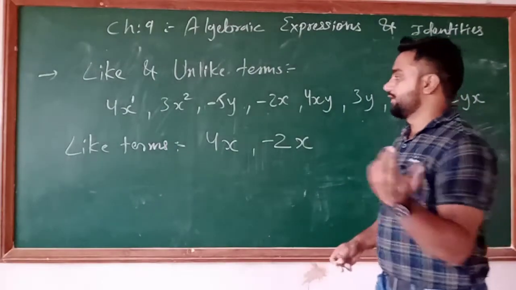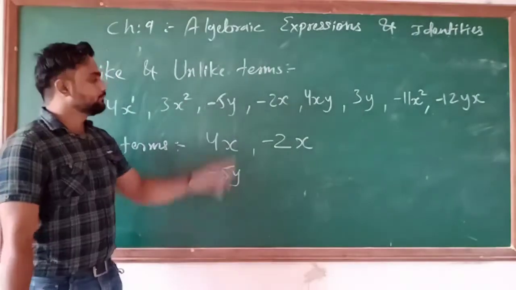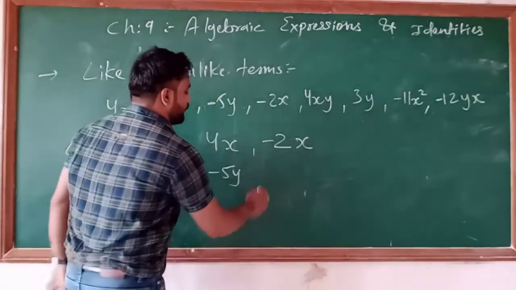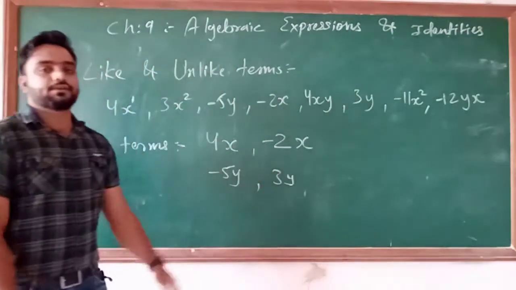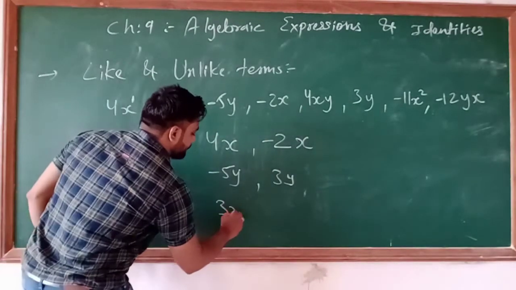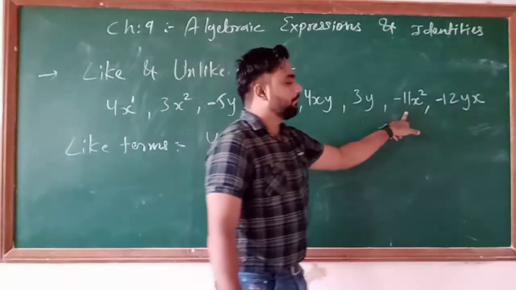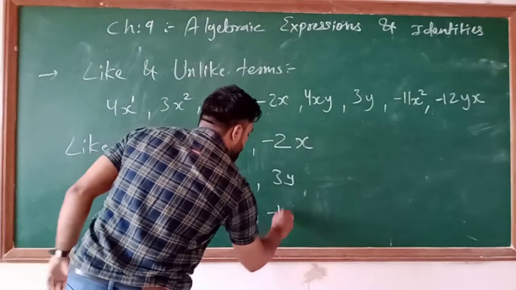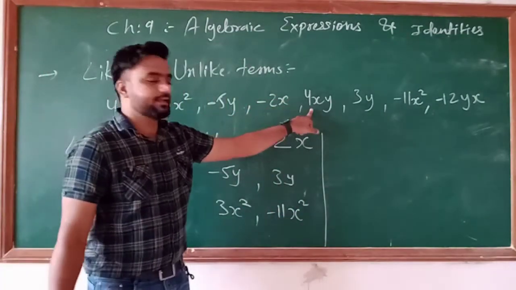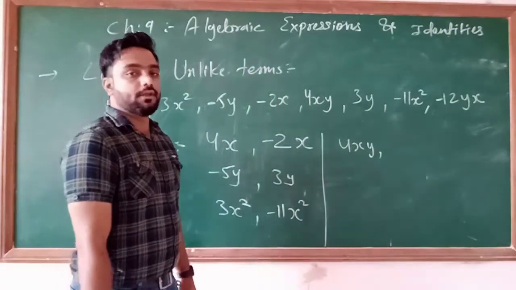Understand or not? Okay, now the next one is -5y. So here 3y is there. So -5y and 3y both are the like terms, understand or not? Okay, now the next one is here 3x square. Just see here x का power 2 है, -11x square. In the same way, further 4xy and the like term of 4xy. Okay, so here it is